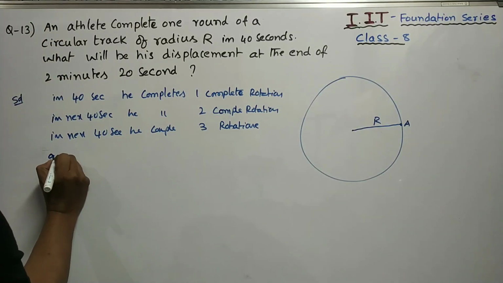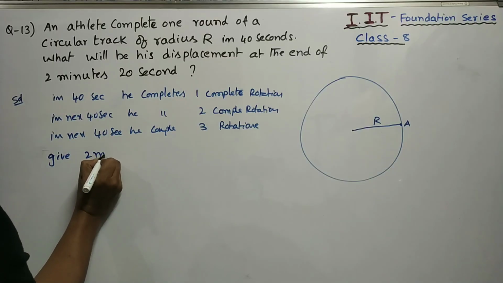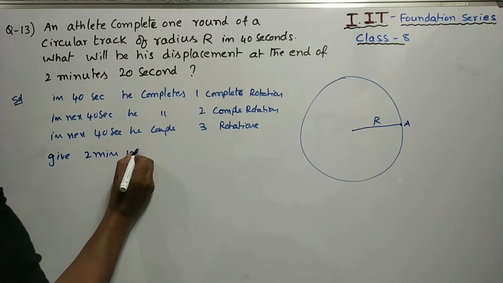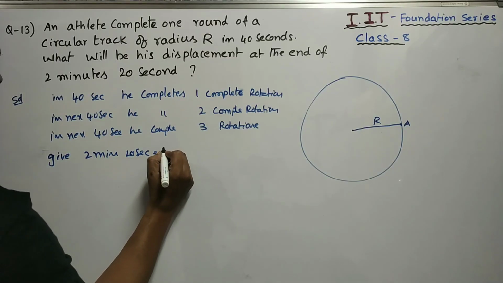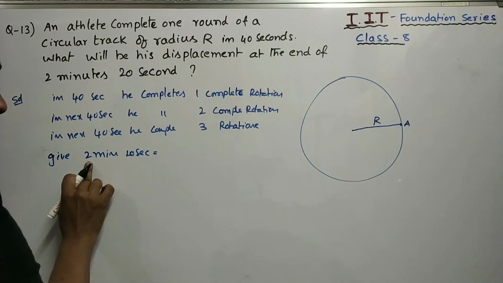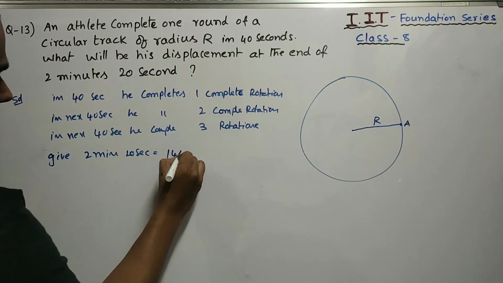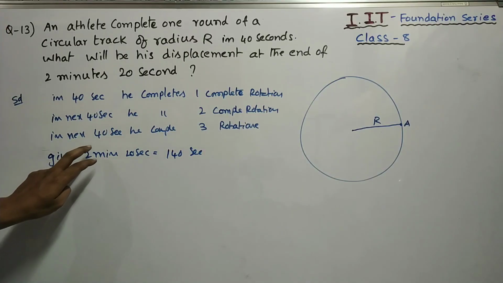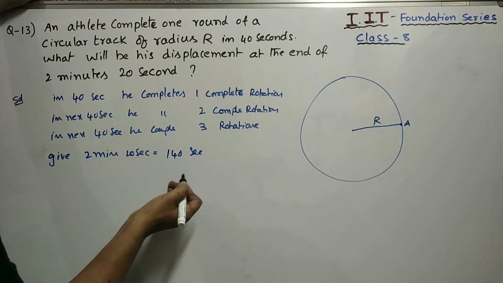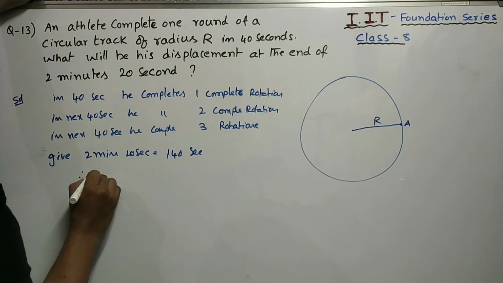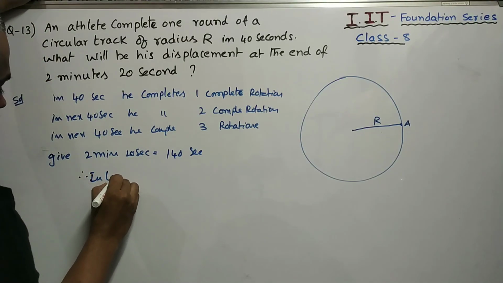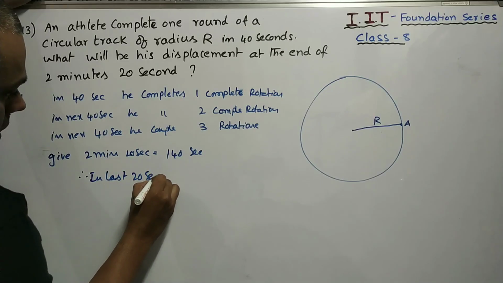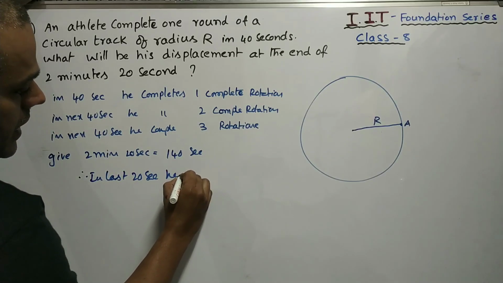Given time, 2 minutes 20 seconds is equal to 120 plus 20. That means total time is equal to 140 seconds. That means the remaining time, how much is remaining? 20. That means in the last 20 seconds, he reached